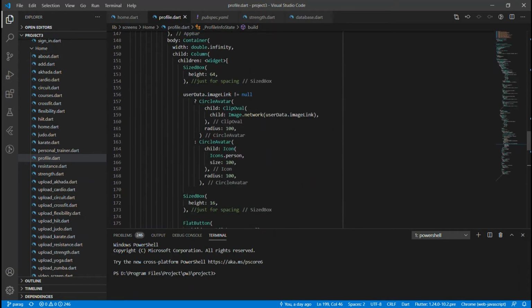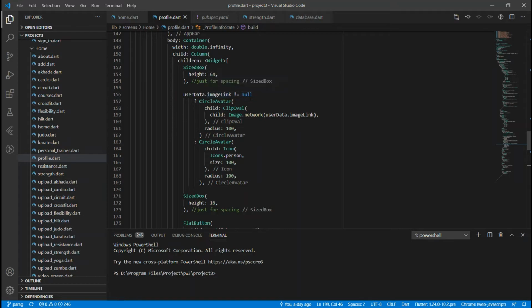Okay, so guys, wherever you want to upload this image, first we'll check if that link is already null. Since I have already connected this to my user database, first I'll check if that image link is null.